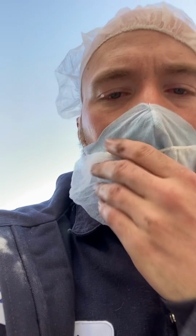So, I probably look funny because here is my face mask that is required to wear while I'm at my day job, and my beard net, and my hair net, even though I shave my head. But if I shave my face, I don't have to wear the beard net. So anyway,